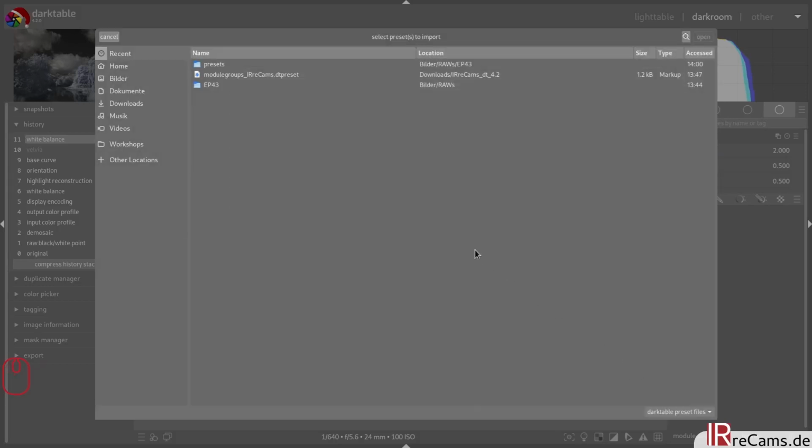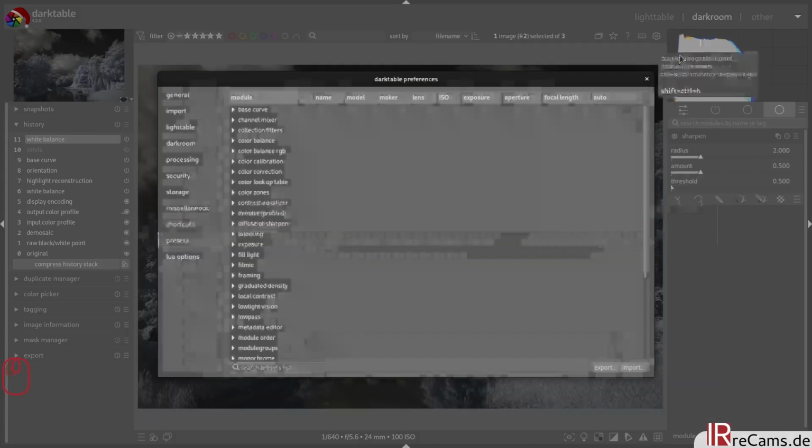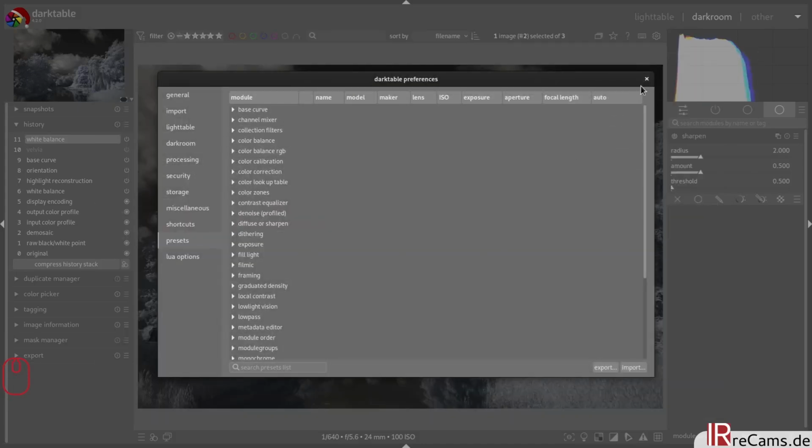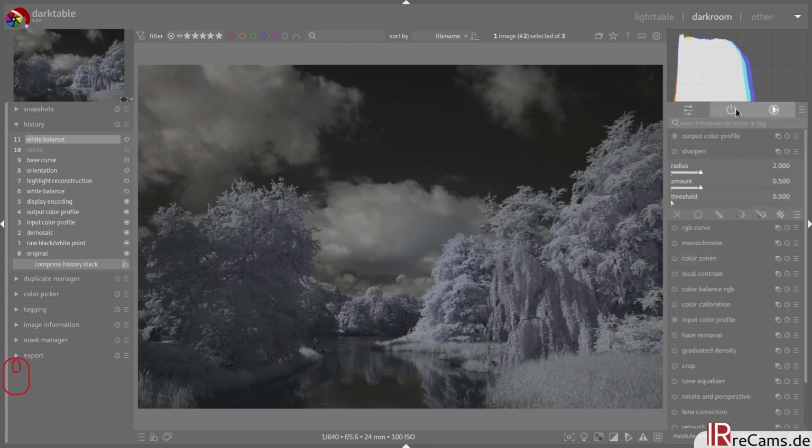When I click on it, you can see in the downloads folder, you can find your just downloaded DT presets file and open it. And after doing this, you are already done. You can close the preferences. And now when going back to your presets here in the darkroom mode, you can see that a new preset called IRreCams has appeared. And when clicking on it, you can now see one module group with all the modules